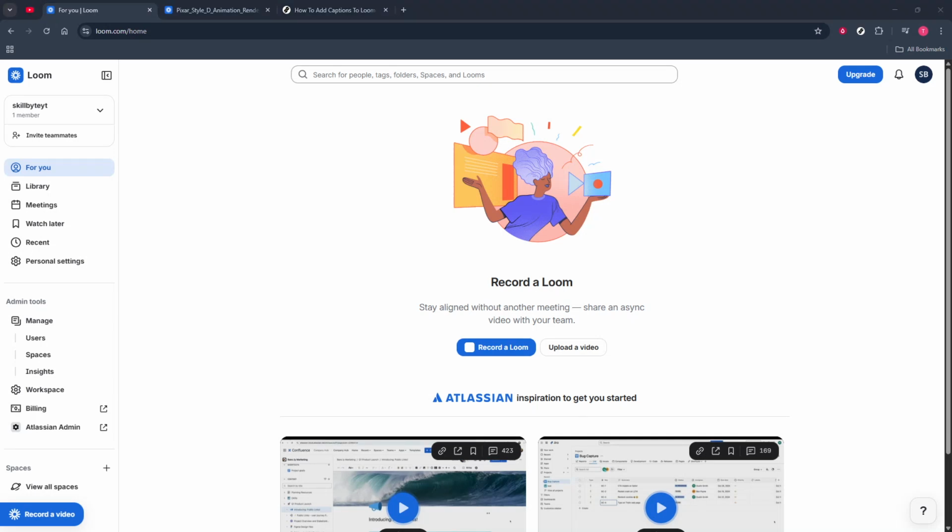In today's video, I'm going to teach you how to turn off Loom video comments. By the end, you'll know exactly where to go in Loom to disable comments on a specific video, which is helpful when you want viewers to focus on the content itself or you're sharing a finalized deliverable that doesn't need